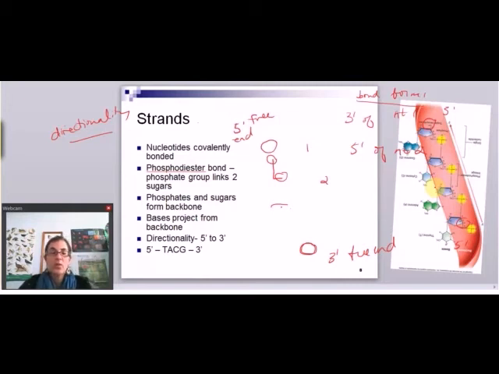So it's always important for us to know what the orientation is. So whenever you're writing DNA and RNA sequences, you should always write them like this. There should always be a 5' and a 3' indicated, because I could also write for the same exact molecule, I could write it this way instead. So these are the exact same thing, just written in a different way.